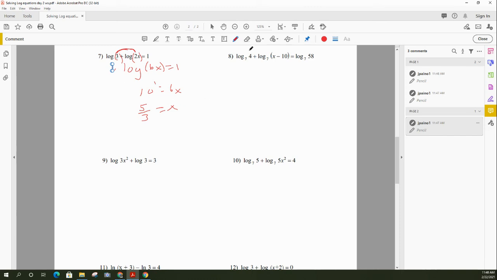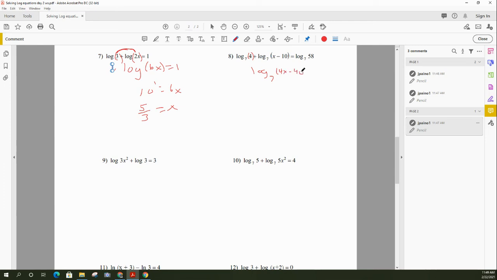All right, number 8. So here again, you could convert this to a decimal first. That's a decimal. You could subtract it there. There's lots of different strategies you could do here. But if we just condense this together, get log base 7, you're going to multiply. You got to make sure you distribute